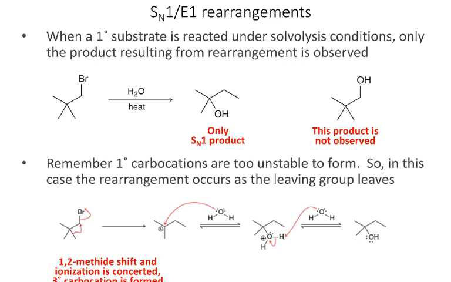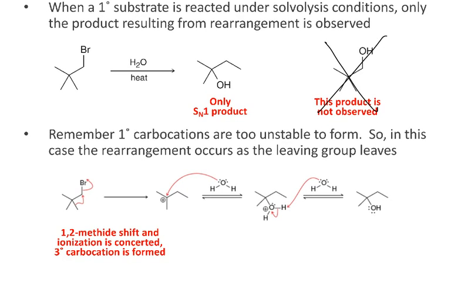So when you have a primary substrate, SN1 and E1 reactions are not very common, but they can happen. Now, in this case, if I look at this substrate, we might expect to have two possible products. So we can have the product where we have an OH here, right, that doesn't involve rearrangement, and then also, right, I can have a methide shift to get the carbocation here, and so that would give me this product. Now, it turns out that this is the only product, and this second one is in fact not observed. Now, the reason being is that primary